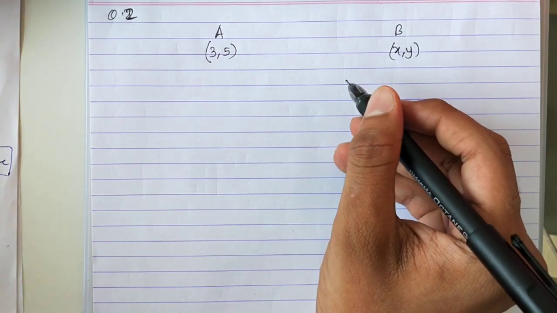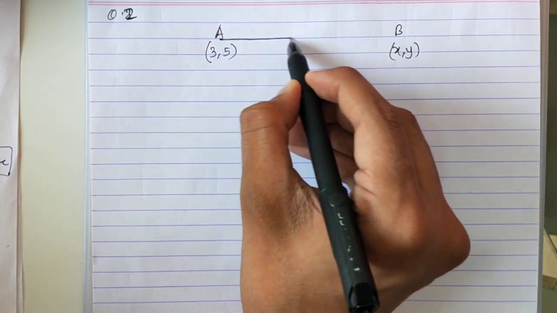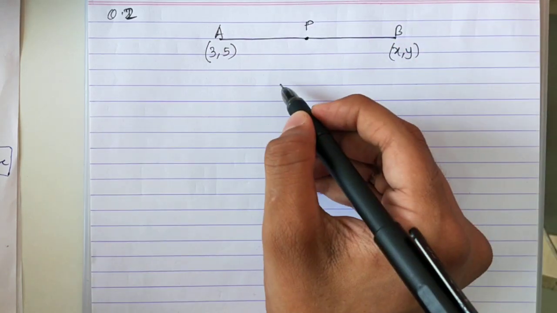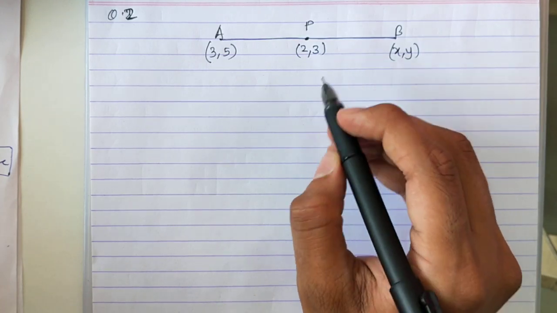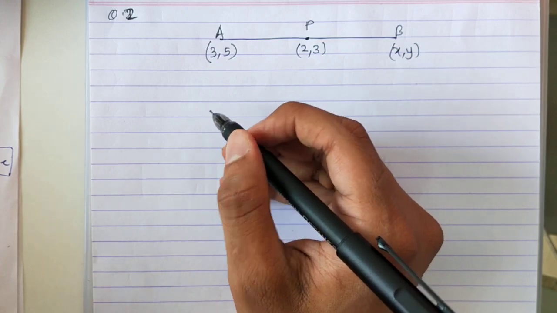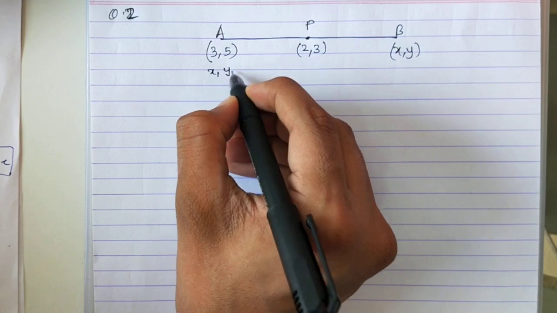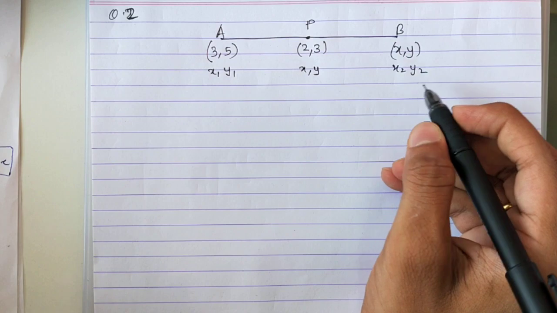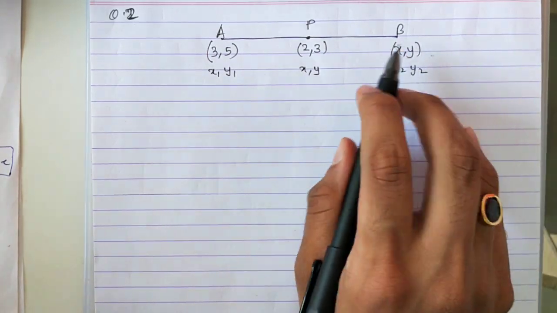Now they are saying the midpoint of AB, let's name it as P, is given. The answer is already given. It is (2, 3). See, the midpoint is already given as (2, 3). Find the value of x and y. Even if the midpoint is given, nothing changes. We'll label it as we always do. This is x1, y1. This is x2, y2. And this is x, y. Correct? Don't change your method. Same thing. Even if these two values are not known, not an issue.